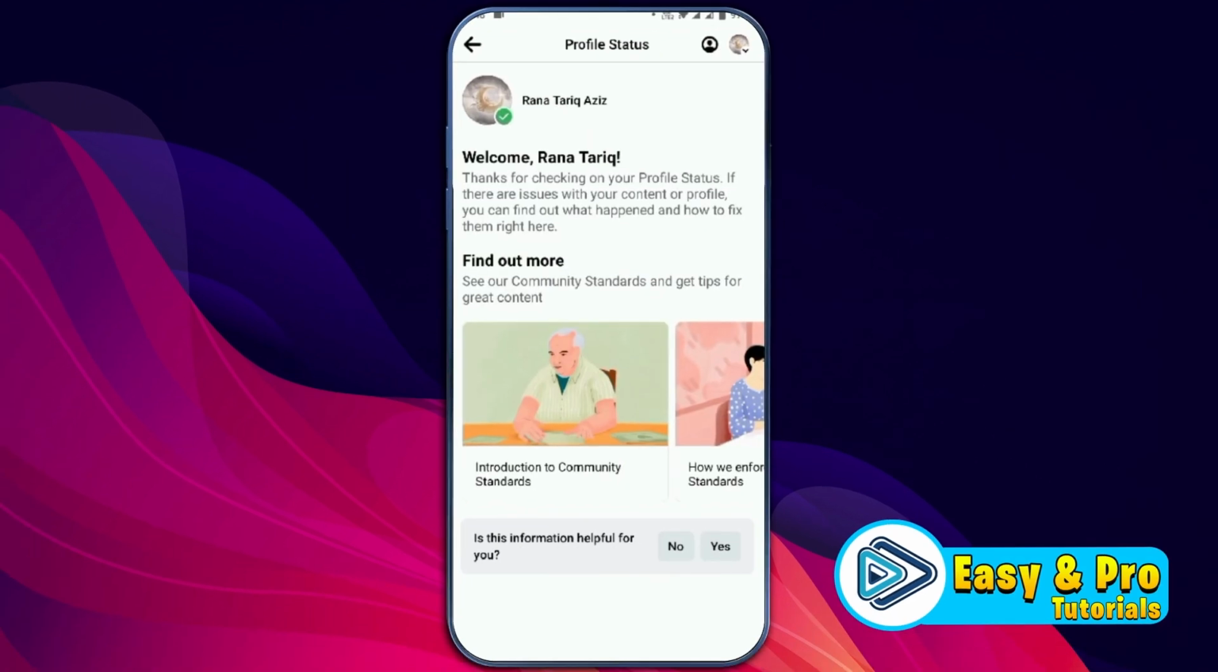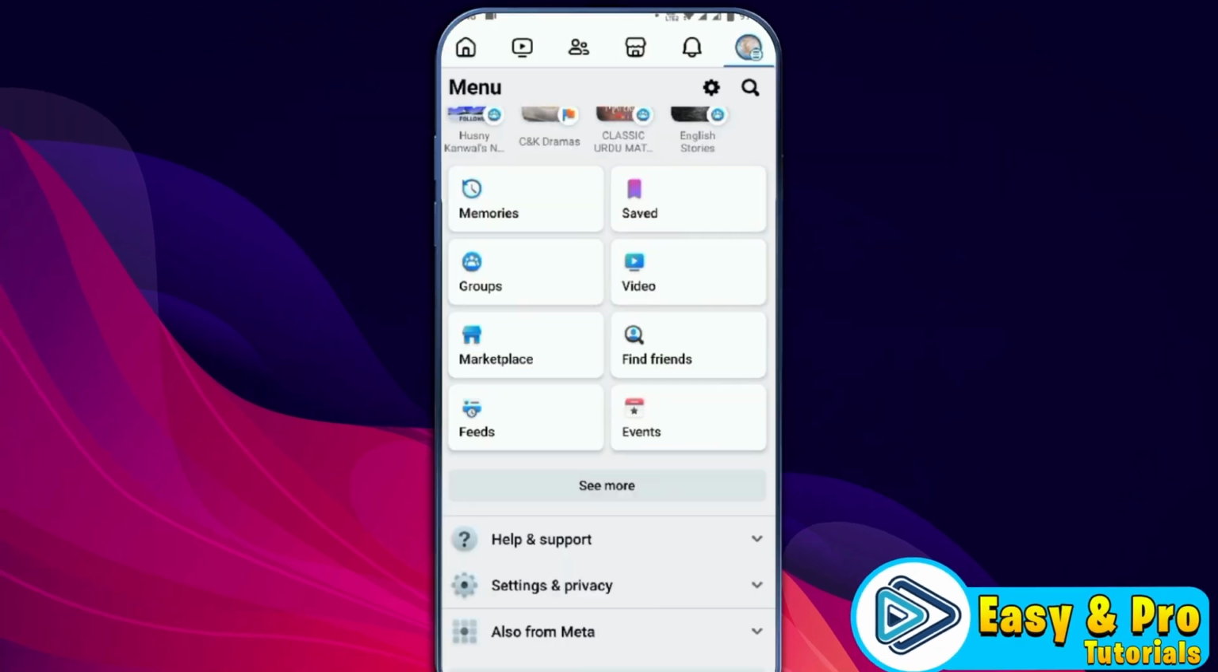Here you can see that if there are issues with your content or profile, you can find out what happened and how to fix them right here. It's showing an introduction to community standards and much more information to fix your issues. Regarding the account restriction warning on Facebook, if you don't find any solution here, click back and from this menu,